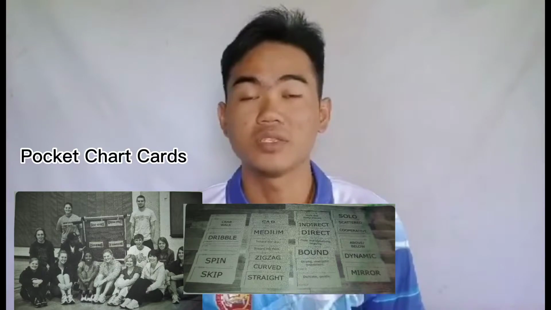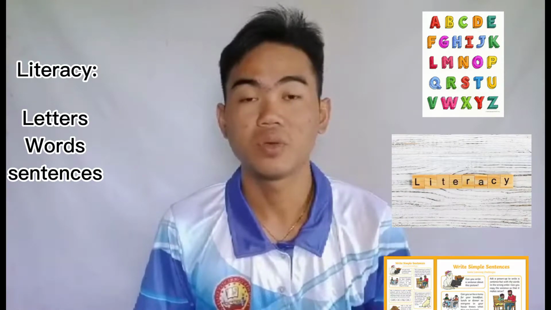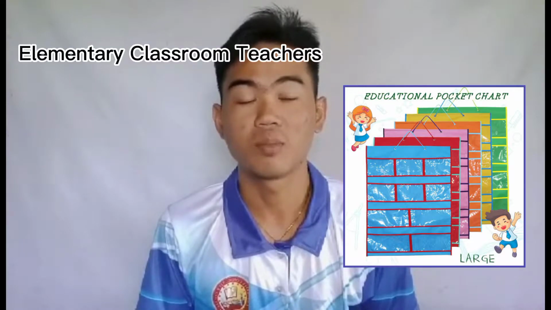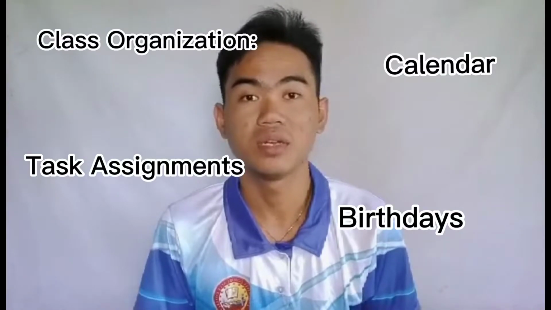Pocket chart, cards, and word walls. These two tools help to reinforce cognitive content of almost any subject matter. Literacy, like letters, words, sentences; mathematics, numbers, shapes, and basic functions; or science, like animals, weather, or plants. Elementary classroom teachers also use pocket charts for practical things such as class organization, like task assignments, calendar, and